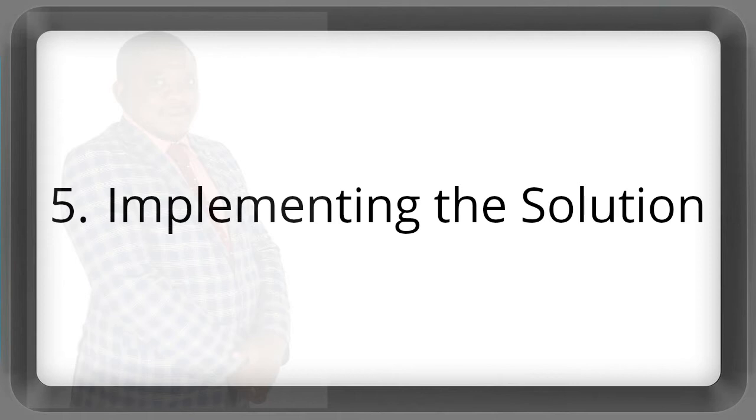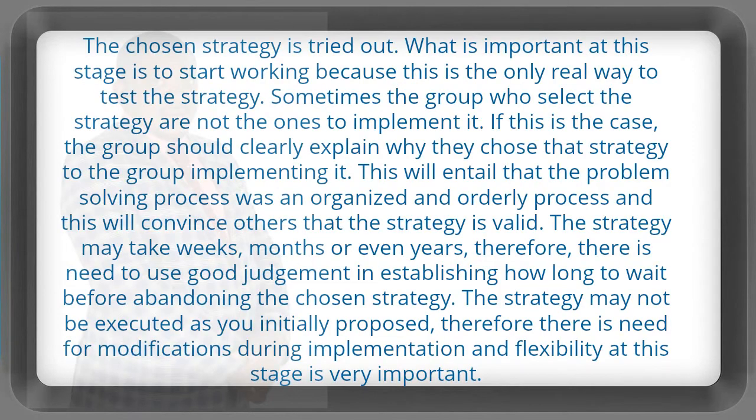5. Implementing the solution. The chosen strategy is tried out. What is important at this stage is to start working, because this is the only real way to test a strategy. Sometimes the group who select a strategy are not the ones to implement it. If this is the case, the group should clearly explain why they chose that strategy to the group implementing it. This will show that the problem-solving process was an organized and orderly process, and this will convince others that the